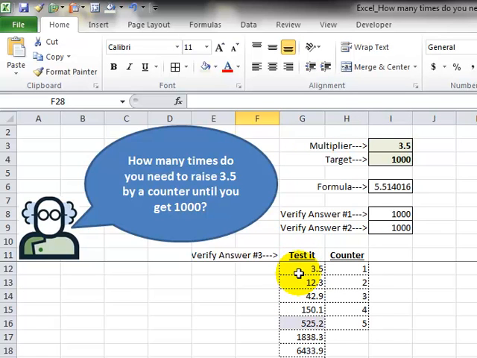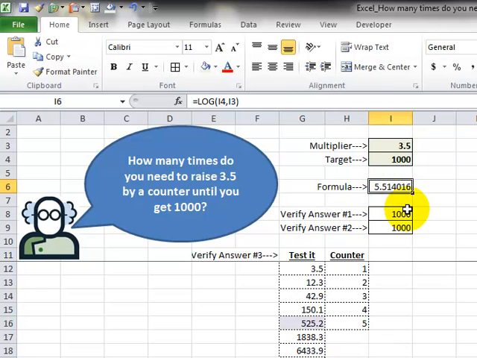all right, 3.5 to the exponent 1 is still 3.5. What about 3.5 to the exponent 2? That's 12. So we keep doing this, and then when we get up to the 5, we're at 525. So that's under 1,000. But if we went to 6, it would be over 1,000, 1,838. So now we can kind of see in here that the answer is somewhere between 5 and 6,